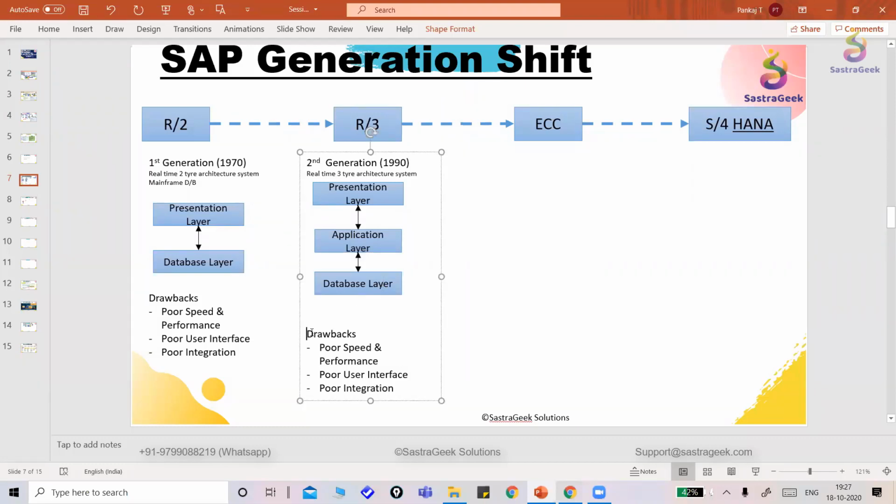So what actually happened here, I'll put here some bullets. The database layer actually reduces the database load, right? Then what happened? Actually here in the application layer, what we are talking about, ABAP code, logics, are sitting at the application layer, right? Then it ultimately increases the performance. But I'm here talking